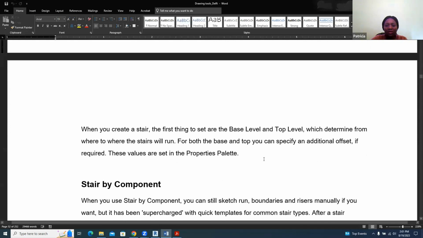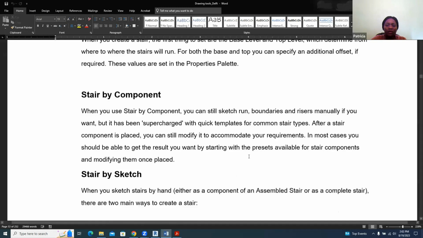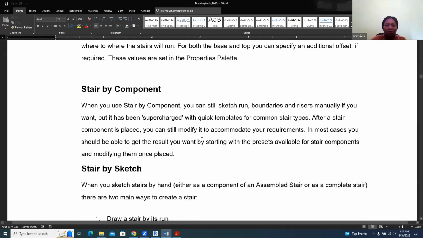So you have that base level and then the top level, which determines the height of the stairs. And for both the base and top, we can specify an additional offset, just in case you want it to end at a different position. You use those as a reference and then add, like with other tools, plus or minus something if required. And these values are all set in the properties palette. So for the first, stair by component, we can still sketch the run, boundaries,